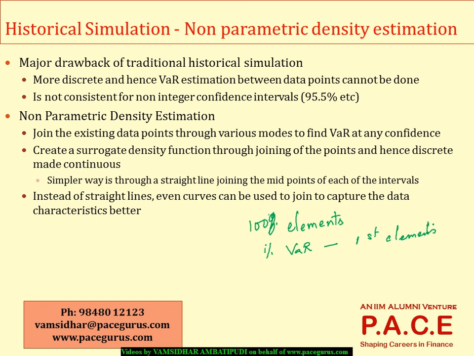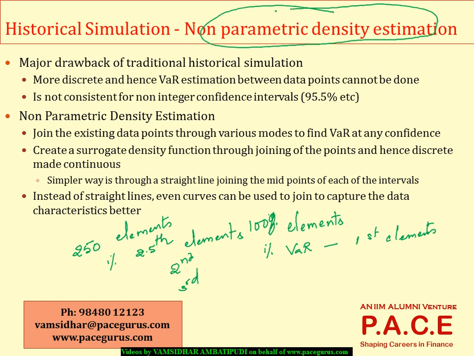But let's say, like in our earlier chapter, my data has 250 elements. So the 1% VaR is the 2.5th element. Directly I cannot pull out the value corresponding to the second or the third. This is where a non-parametric density estimation mechanism will work, whereas the traditional VaR approach will have to pull out either the second or the third item and say